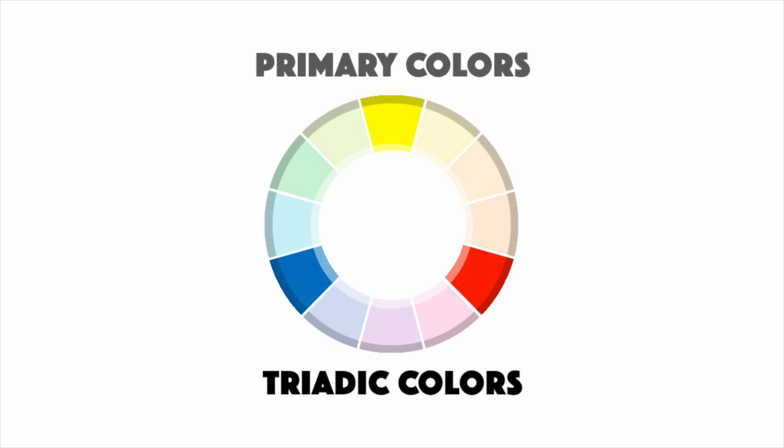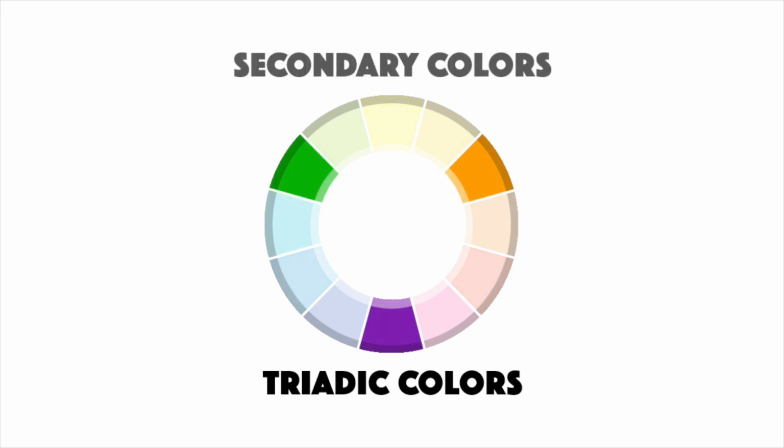And what's really cool is that when we mix any of these two primary colors, we get a secondary color. Like if we mix red and yellow, we'll get orange, and orange is a secondary color. Mixing red and blue gets violet or purple, and if we mix blue and yellow, we get green. They're all secondary colors. And because there are three secondary colors, they're also set up in a triadic color scheme,